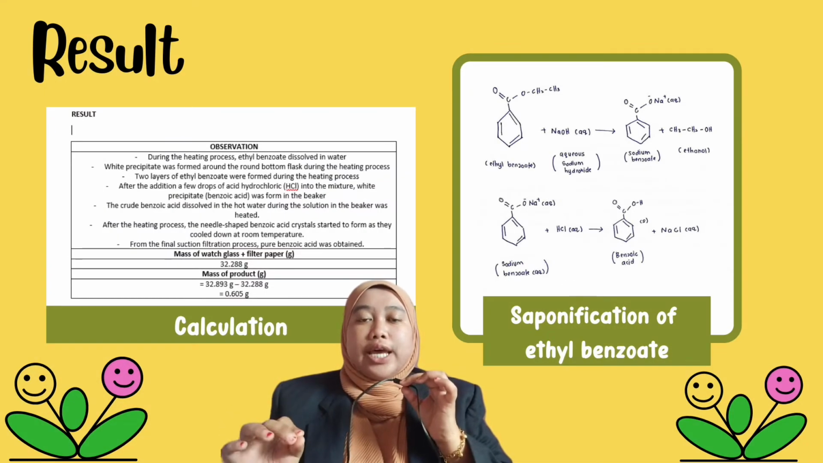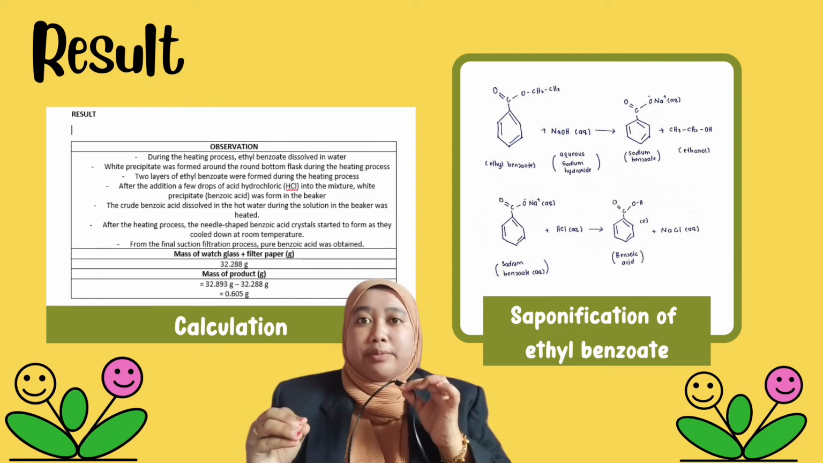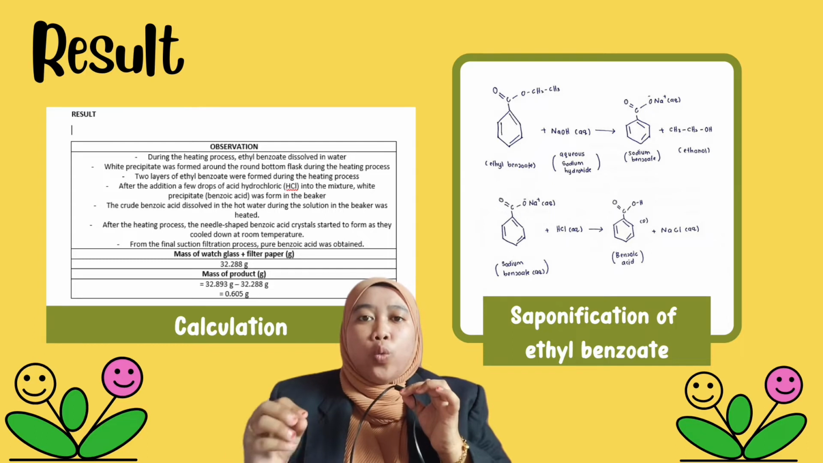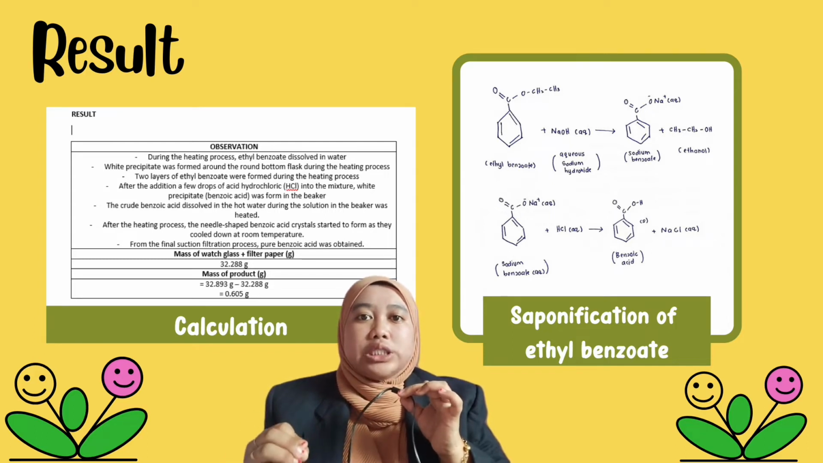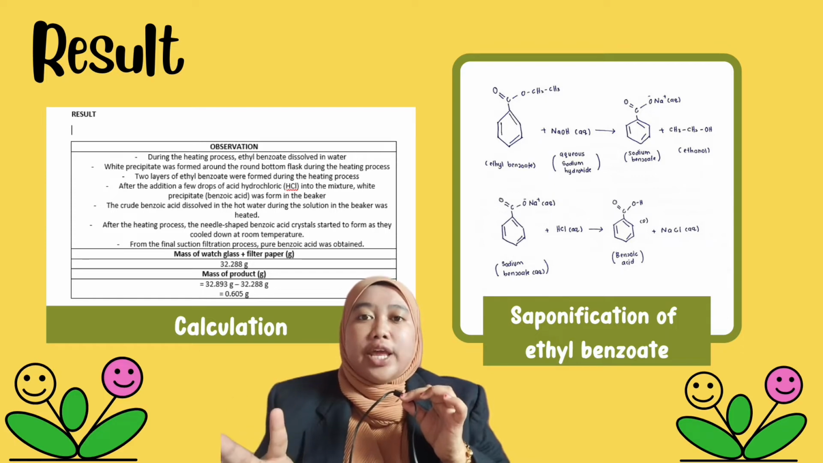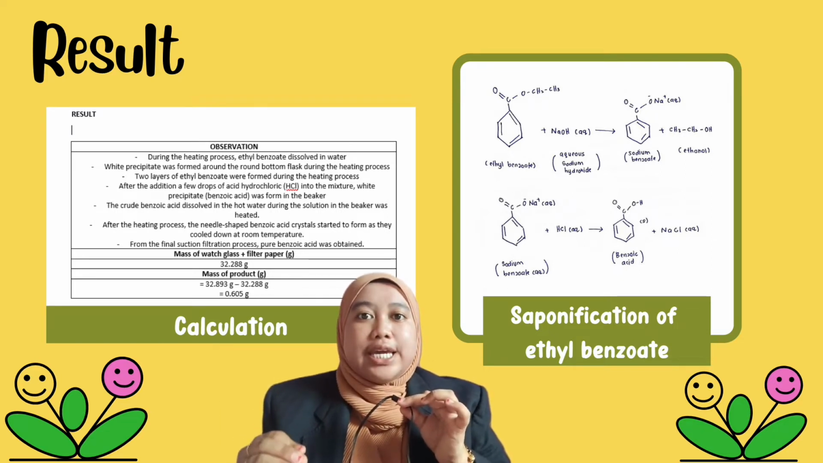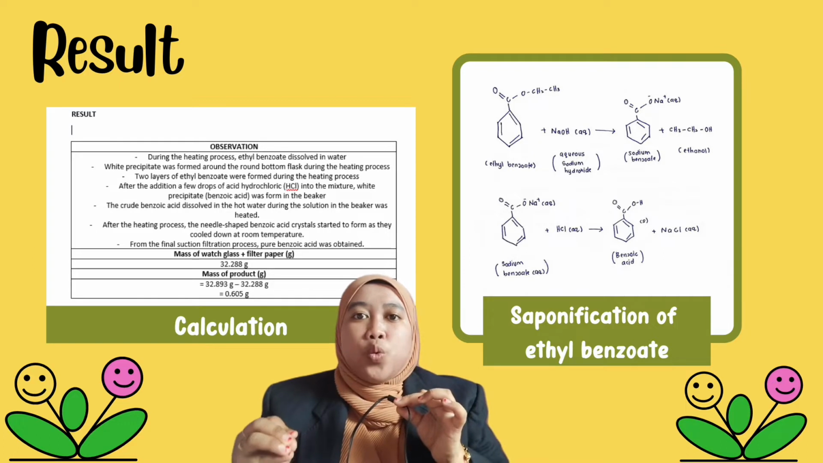Okay, for result and observation in this experiment, during the heating process, ethyl benzoate dissolved in water. White precipitate was formed around the round bottom flask during the heating process. Next, 2 layers of ethyl benzoate were formed during the heating process. After the addition of a few drops of hydrochloric acid to the mixture, white precipitate, which is benzoic acid, was formed